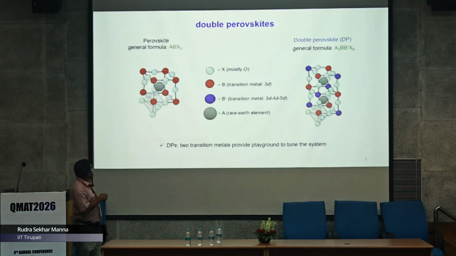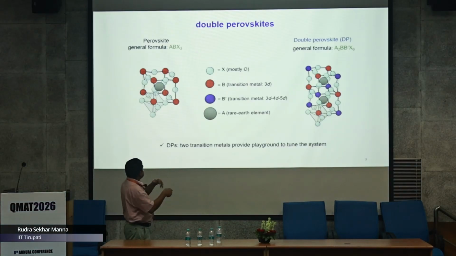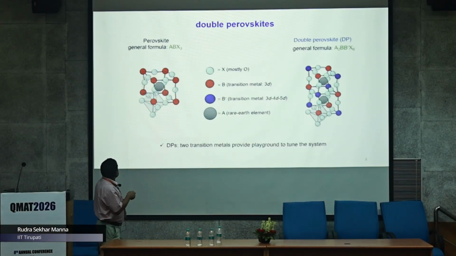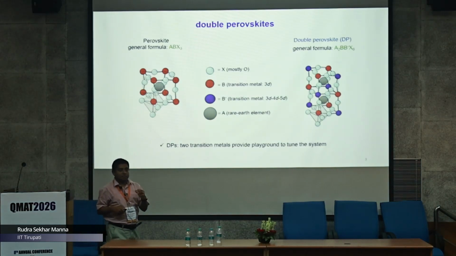Okay, so now this is the typical structure, and you can think of it like a cube here, and in the corner of one of the cubes, it is surrounded by these 6 oxygens, and at the center you have these A atoms. So that is typically a cubic structure basically. The structure can be different, but it's a cube, and then you just place the atoms accordingly. Okay, and now the thing is that if you double the unit cell,